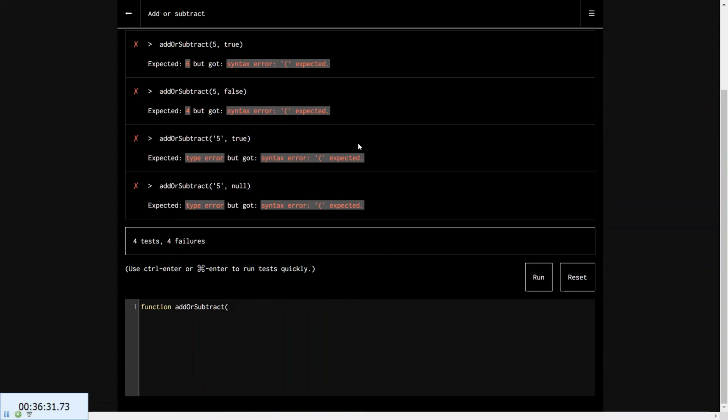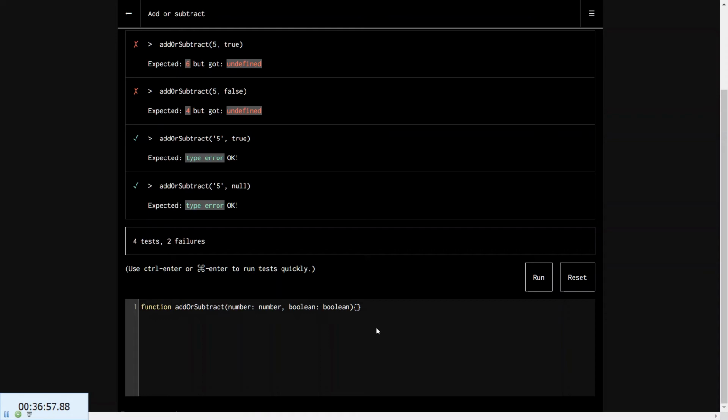So the first one was a number, and can I do number and then boolean, probably not. Run,